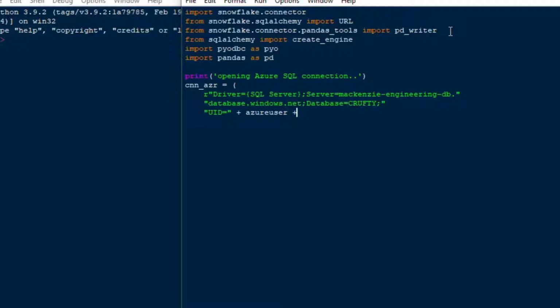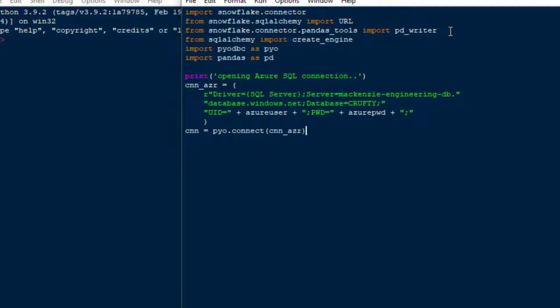So I created a couple variables at the very beginning of the script that's not seen there, that has the username and the password in it. In your script, you will put your own username and password in there for your Azure SQL, or if it happens to be Active Directory, trusted authentication, then you probably can use a different connection string, but this is the one that we're using today. So that's our Azure connection string, and once we've got that, we can create our Odbc connection, and we'll use pyo.connect,